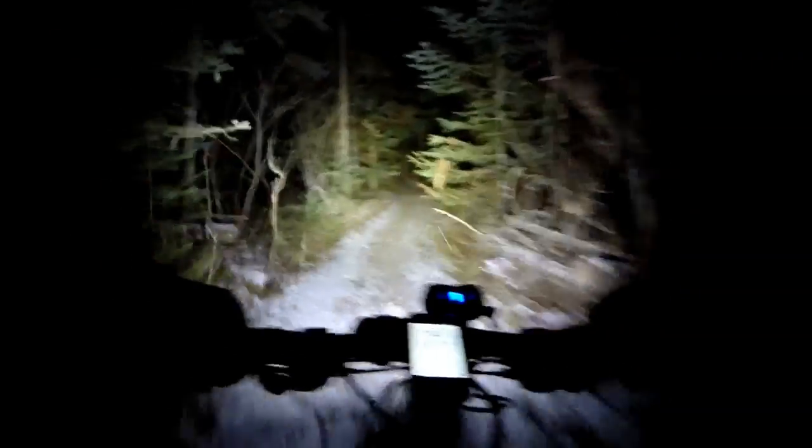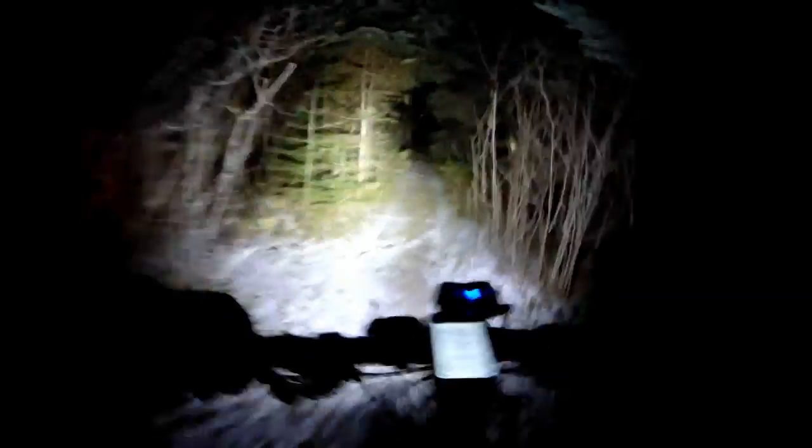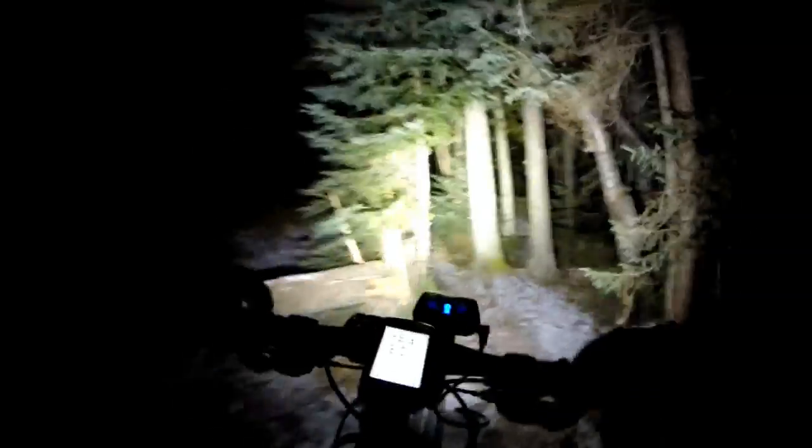Now it's minus 6.3. I think it's supposed to get down to minus 13 tonight. So what am I wearing for that? I've got my Lake 303 cycling shoes on. I don't have any fancy socks on, they're just cotton sport socks. But over top of my Lake 303s, I have Gore insulated shoe covers. Maybe a little bit of overkill, but even now I can feel a slight tinge of cold on my toes. But part of it is adapting, right? I still haven't adapted to colder temps. So yeah, regular cotton socks, Lake 303s,